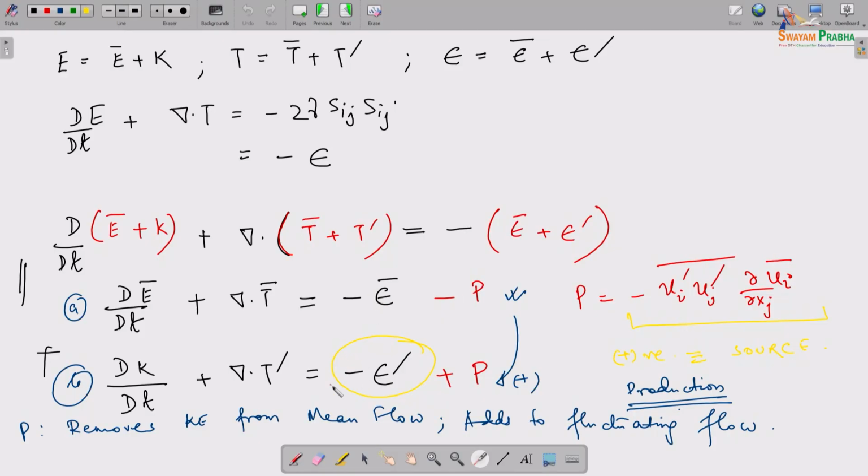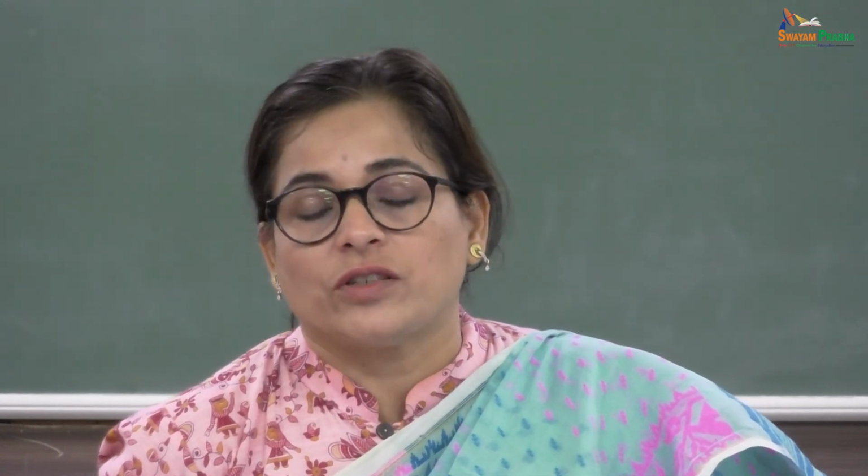And this I find very interesting. Actually, the way we write here, we develop these two equations, and then we basically say that this production is taking away energy from the mean part of the flow and adding it to the turbulent part of the flow. Okay, so we're doing all this, but I still am at a fix because there are just too many things to consider if I have to quantify all these things, and how do I do that?